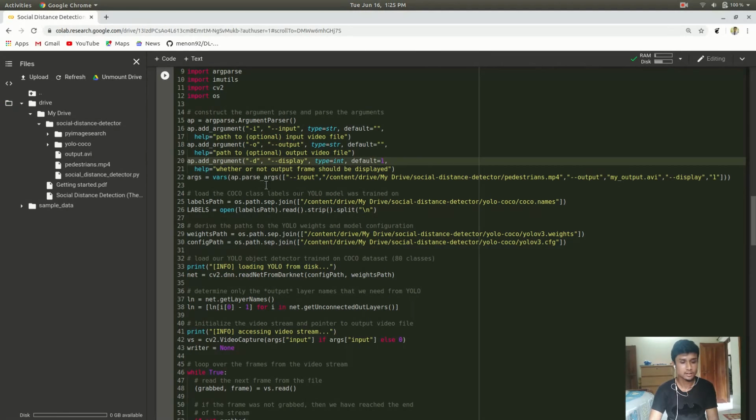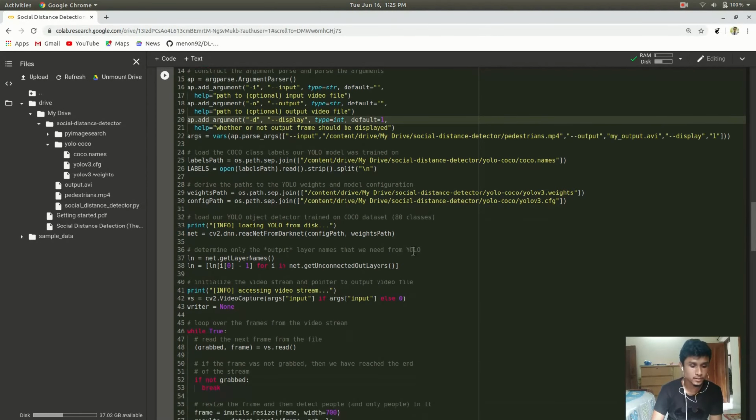So here you can see that these label paths, weight paths and config paths are these file paths actually. In YOLO COCO you can see here COCO names, COCO configuration, COCO weights. This path actually is provided over here.